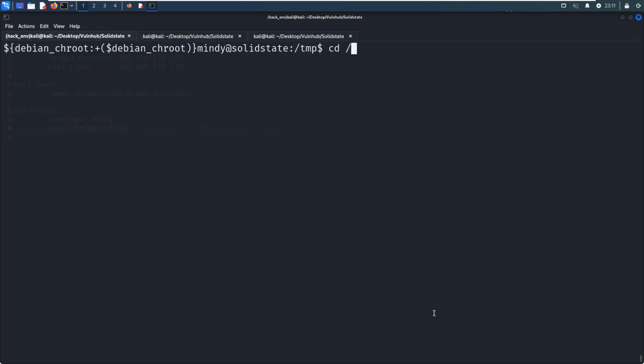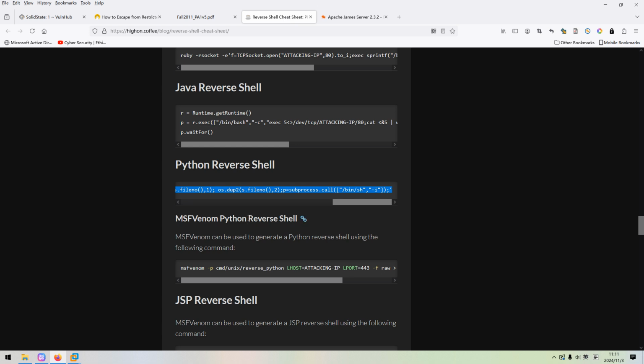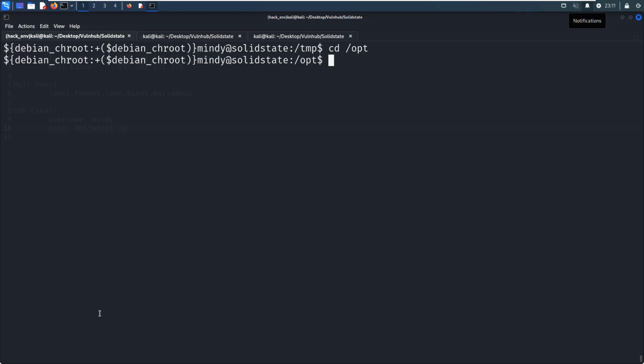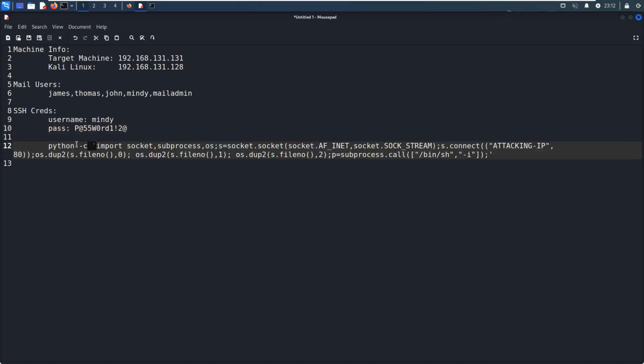So how to do? We can go to the opt directory, and we can write the Python reverse shell statement to this file. We can copy and paste over here. We need to do some modification. We do not need to use this one because we will run it as a script rather than a command.